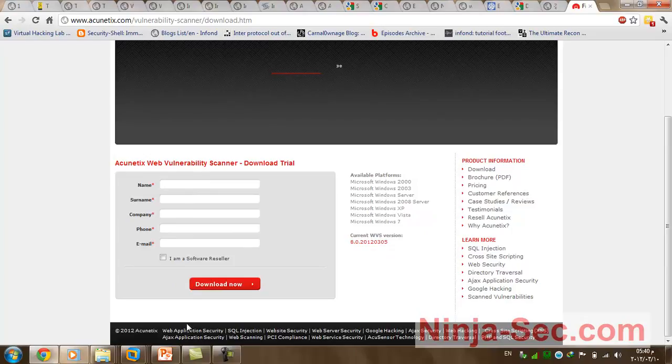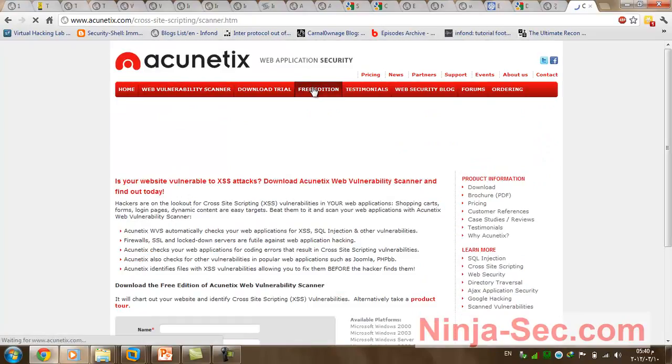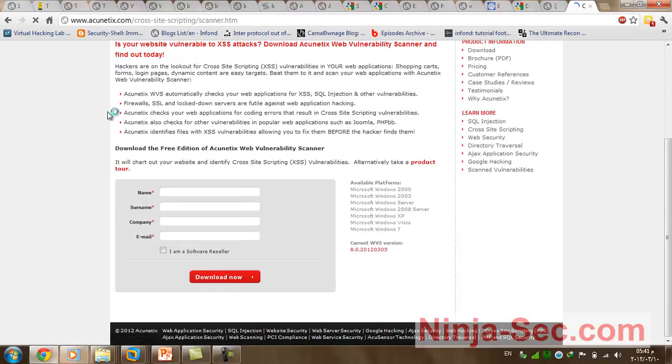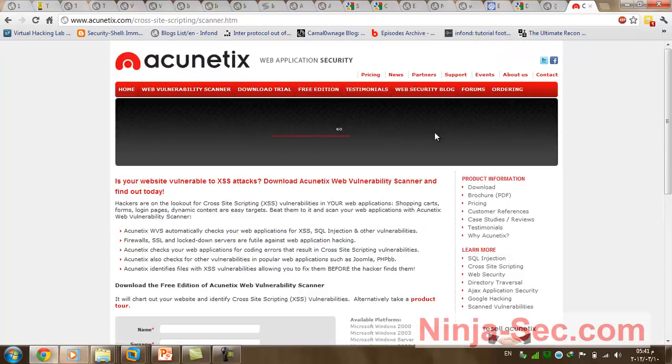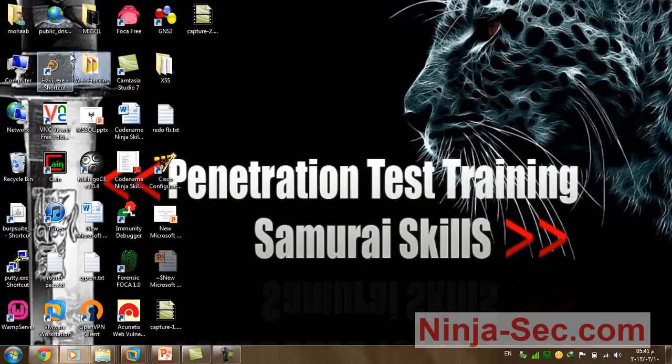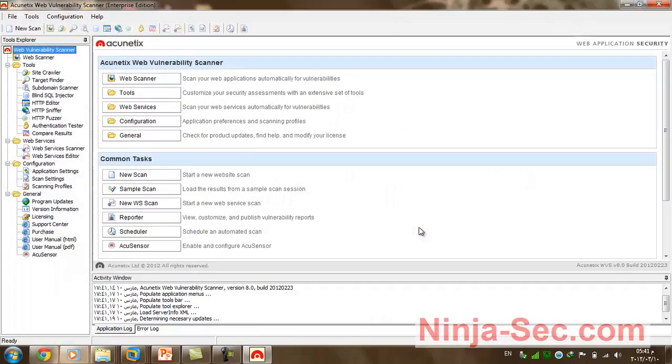Just enter your email and other information, and you can download the free edition, but it is limited to XSS vulnerability scanning. Okay, let's try to run Acunetix here. Acunetix Web Vulnerability Scanner. Okay,